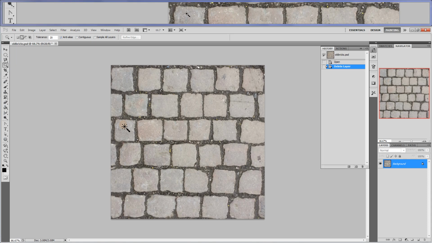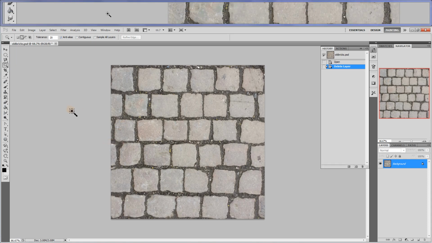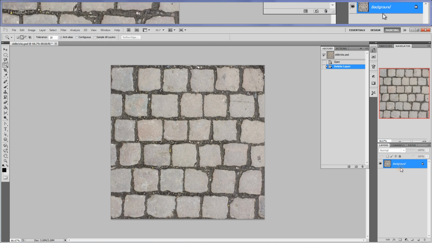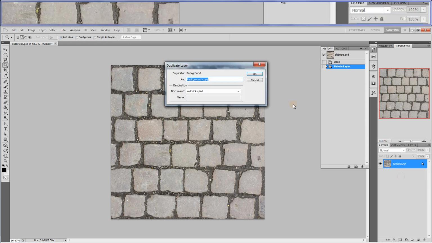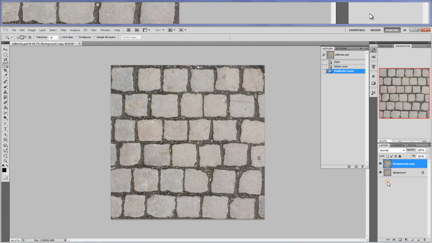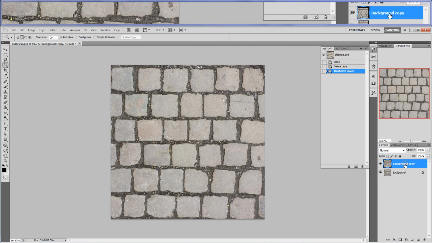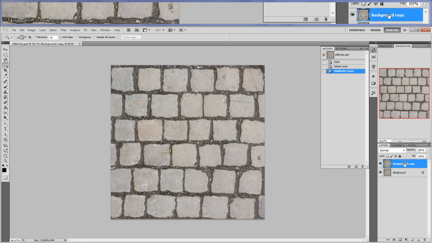So here's my image, which I've squared off to 1024 already, and this is looking down onto some cobbles set in the road, and you can see it's quite a dark infill, and the cobbles themselves are pale and quite even toned, quite flat looking, and this will certainly help in terms of the selection and making the height map. So what I'm going to do then is duplicate this to make a copy, and this is the layer that will be the diffuse texture, and it's fairly uninteresting colour wise, and if I wanted to do some enhancement of the colour, then I could do it in that layer. I'll make yet another copy